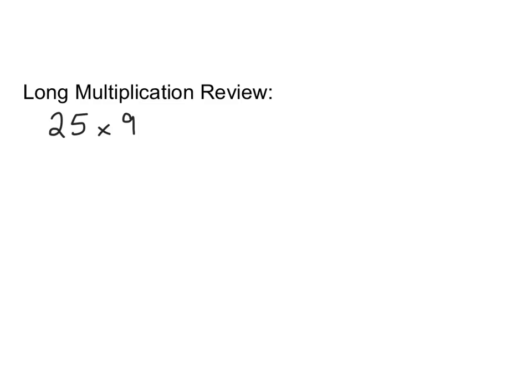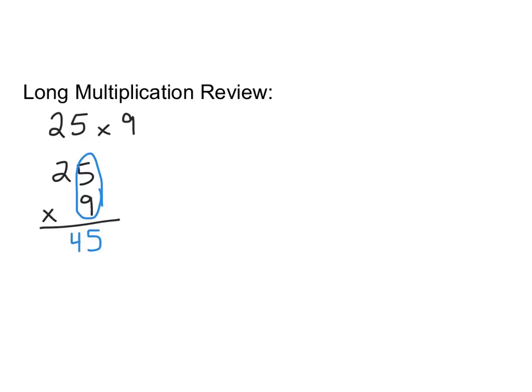So we're going to start off by reviewing the method for long multiplication. You start by putting the longer number, the number with more digits, up on top, and then the other number underneath. And you line them both up so that they're flush against the right-hand side. Then you are going to multiply the 9 by the 5. That's your first step, the 9 by the 5. And that gives you